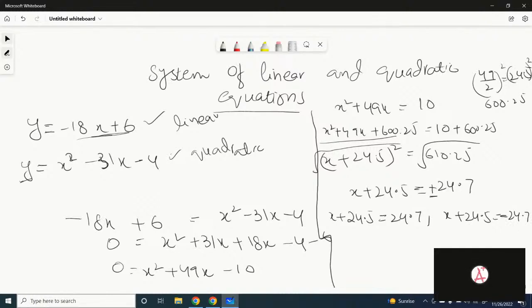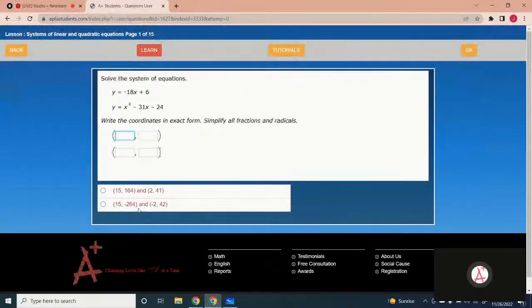They are 24.7 subtract 24.5, 0.2, x equals 0.2, and negative 24.7 minus 24.5, it would be x equals negative 49.2. So these are the two values, 0.2 and negative 49.2. Got it? So that's how you have to solve the equations when they are from the